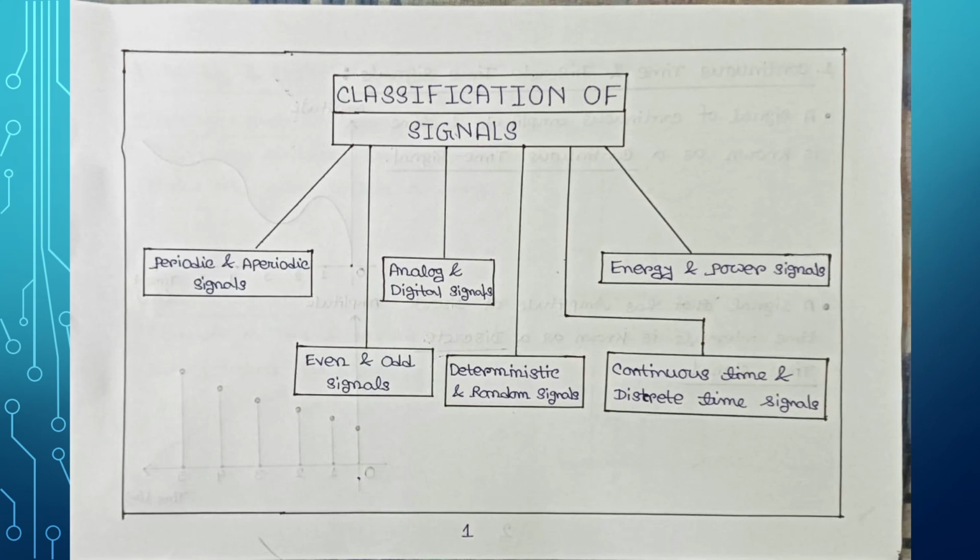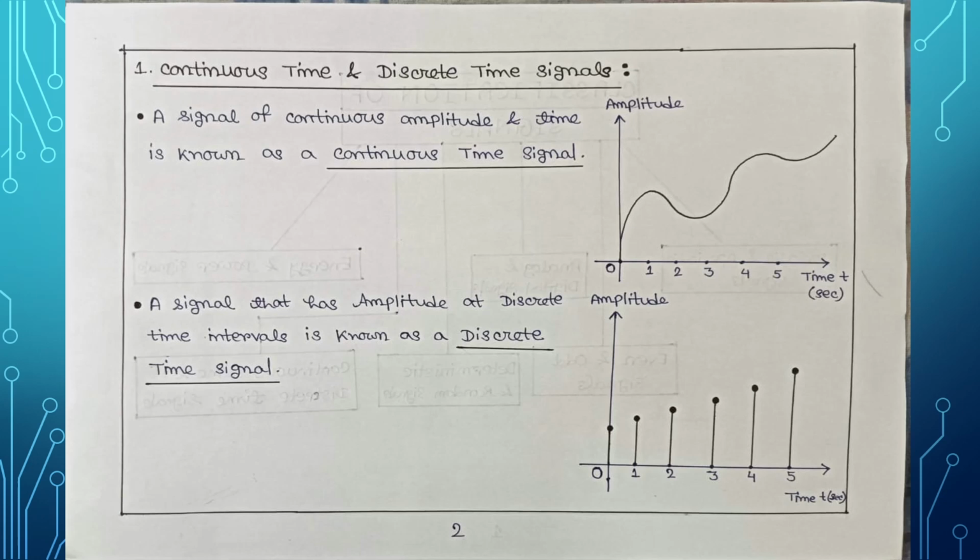Here signals can be classified in the following ways: periodic and aperiodic signals, even and odd signals, analog and digital signals, deterministic and random signals, continuous time and discrete time signals, and lastly, energy and power signals. So, let's talk about the first classification,